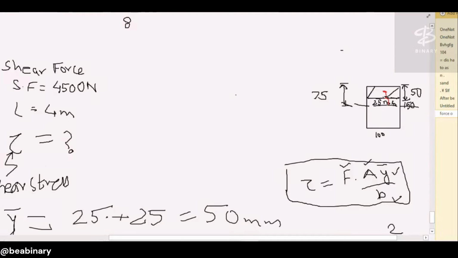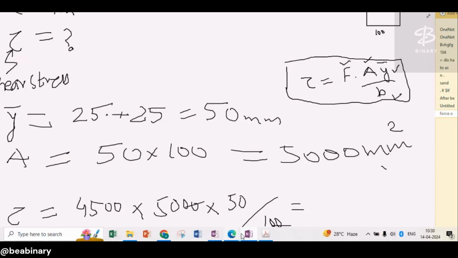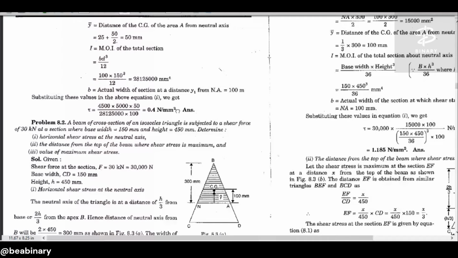B is 100. So what is the shear stress? 20 से 20 कट गए, 5 5 25 और से मल्टीप्लाई करिए, टोटल is how much? तो हमें सब सही है,